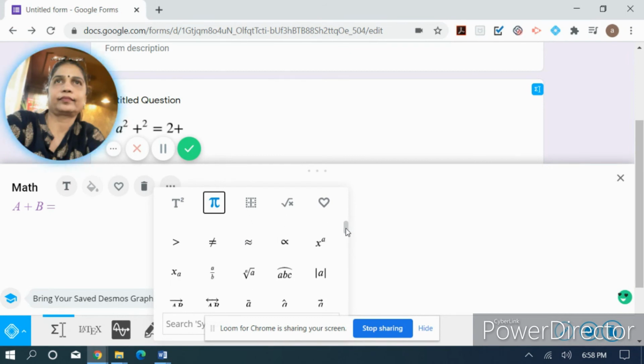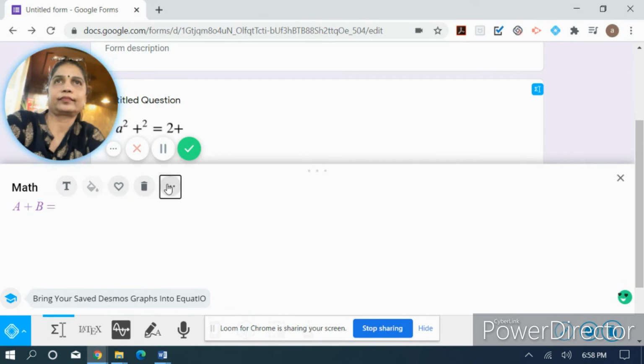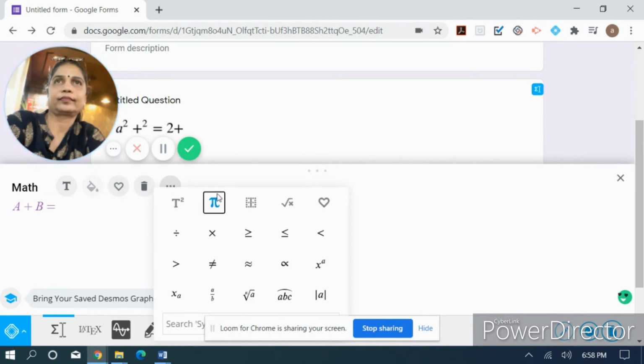Whatever you want to write, if you want to write superscript, you click here, and then x to the power 2, that is a square. Now whenever you want to start again, you have to begin again.